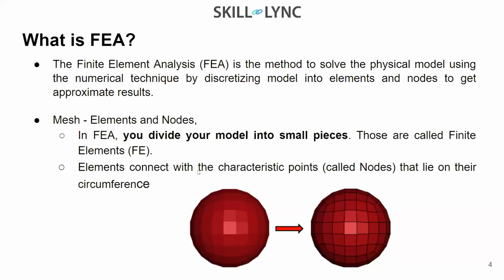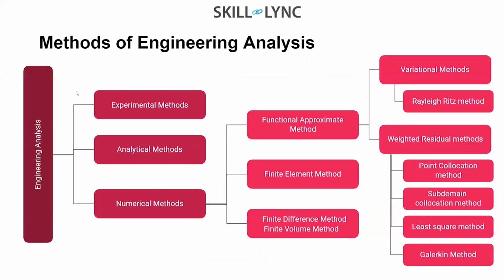Okay, so elements connect with characteristic points called nodes, and they lie on the circumference. Okay, the circumference means the edges of the elements. Okay, then again, meshes are the prerequisites. Okay, as I said, as I introduced in the beginning,